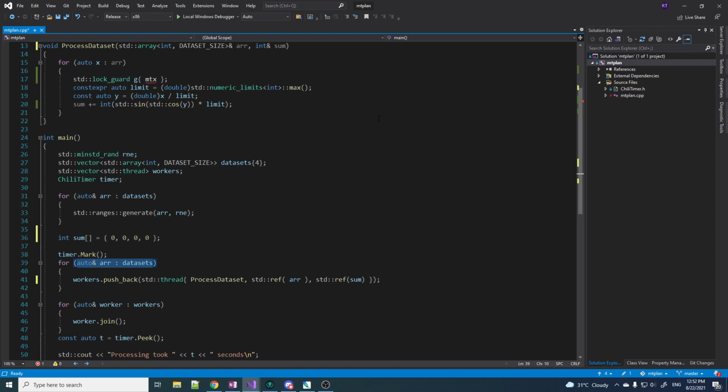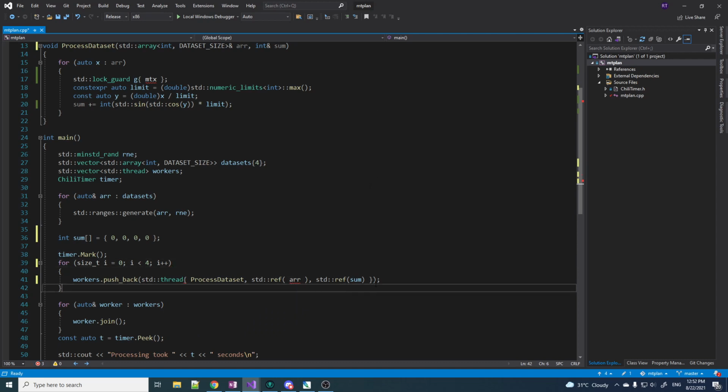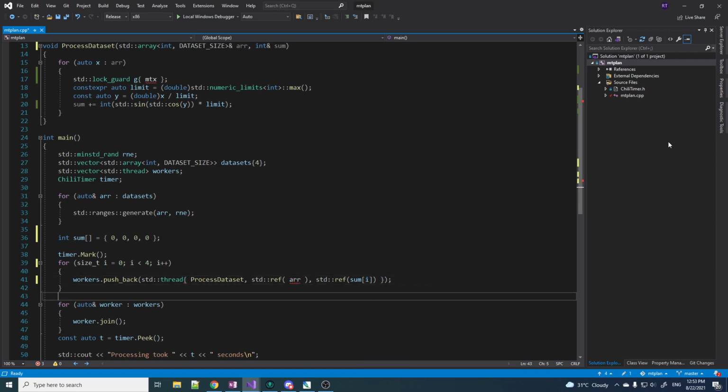If I had range-v3, I'd probably do an enumerate on this, but whatever. int i = 0, as long as i is less than 4, i++, and then in here, sum at i. All right, so that seems like it should work, except